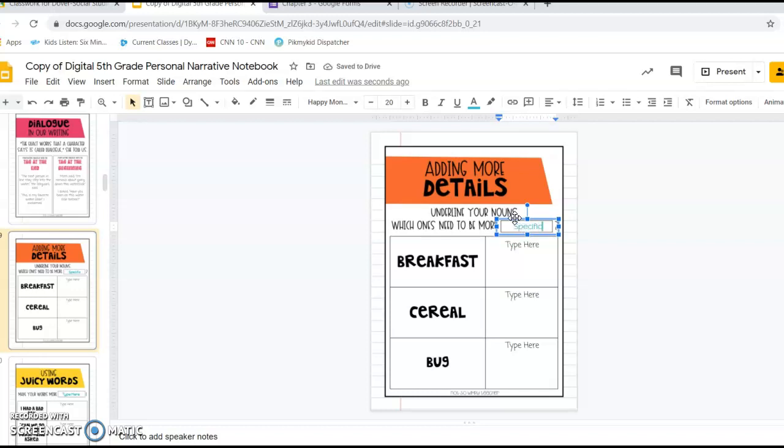Okay. Now, I've got an example that I'm going to read to you for just a minute. And I want you to think about some ways this was more specific when talking about our nouns. Okay, ready? I was sitting at the kitchen table as I ate Lucky Charms cereal and drank the sweetened milk from the bowl on the day I decided I was not cut out for babysitting. Okay, so just a couple examples there was cereal. Could have said I was sitting at my kitchen table and I ate cereal and drank milk. They said I ate Lucky Charms cereal and drank sweetened milk. That's describing the cereal and the milk.